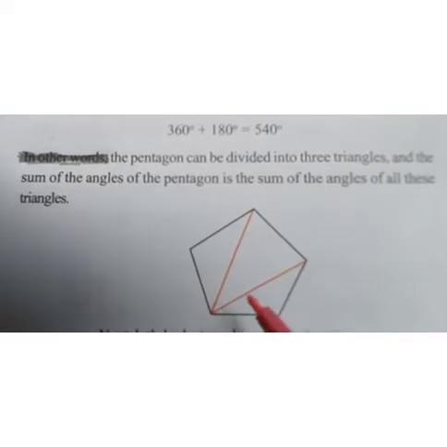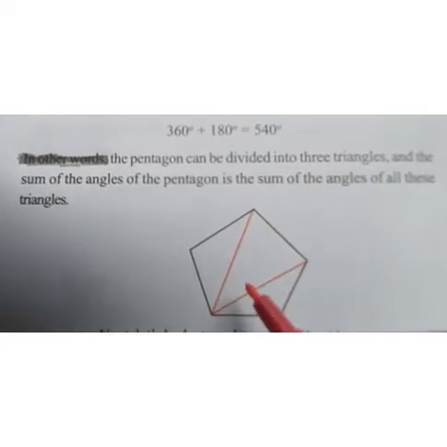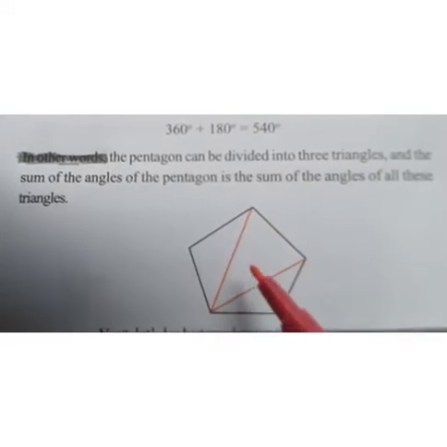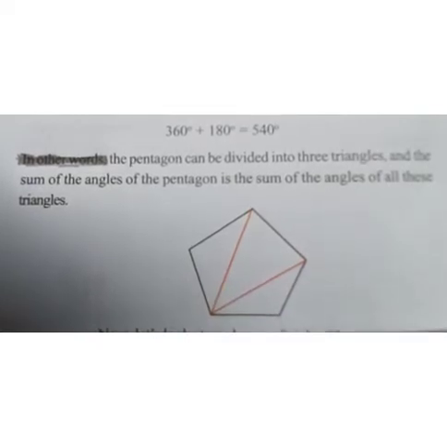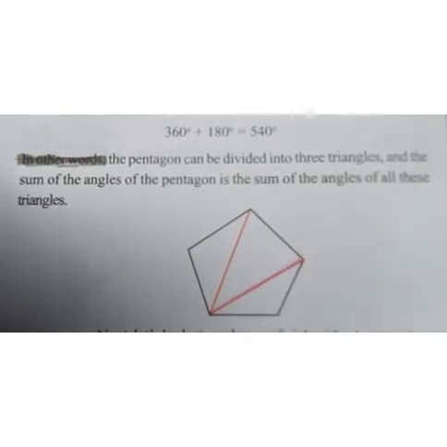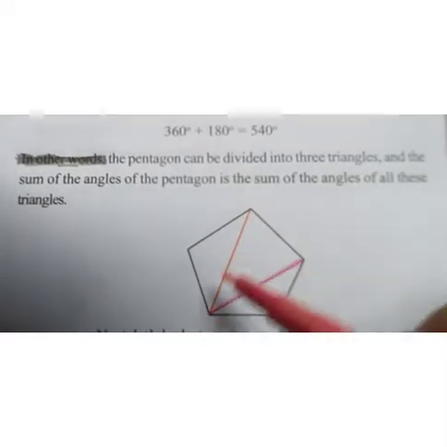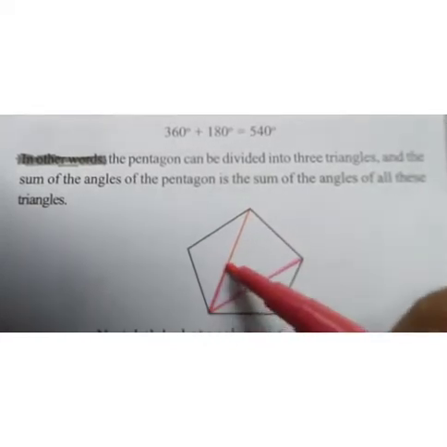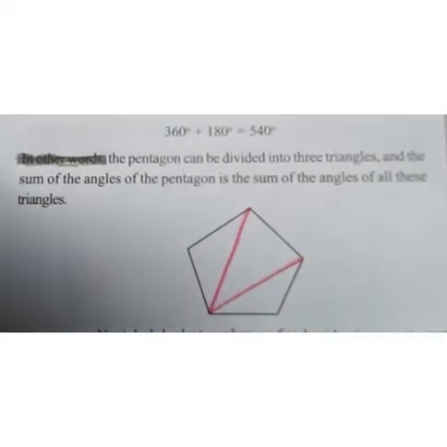See here, in this pentagon we have 3 triangles. That is, a pentagon can be divided into 3 triangles. Using 5 dots, you can draw a pentagon. So from the first vertex, leave the next one and draw to the next. So see like this, this is the first line. Then from the same vertex, you have to draw to the next corner.